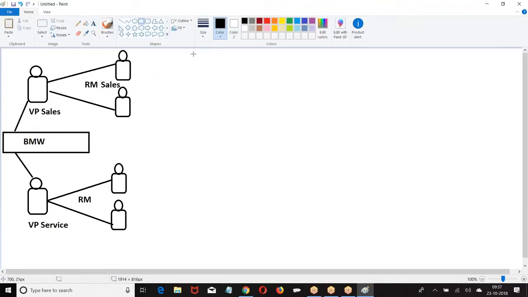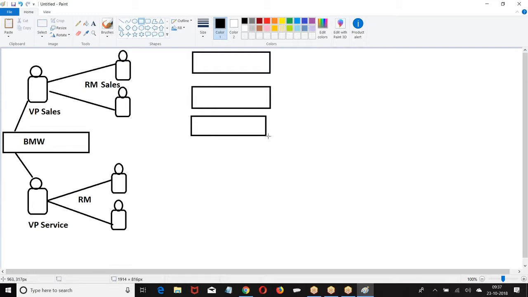So they approached some of the distributor agencies. They identified some popular vendors who can sell your vehicles, and they spoke to these people.